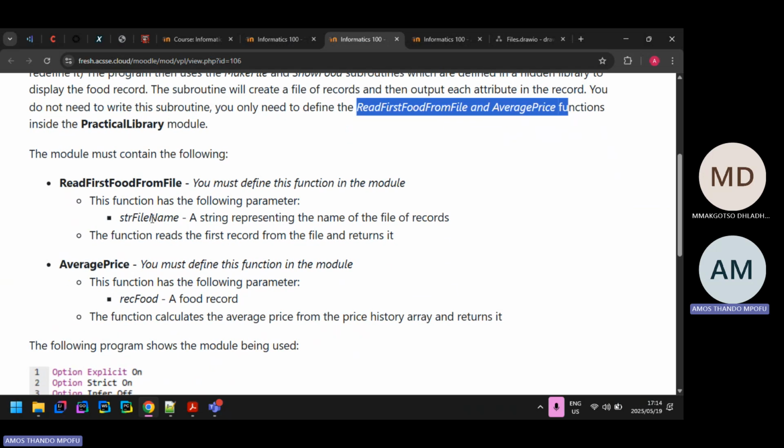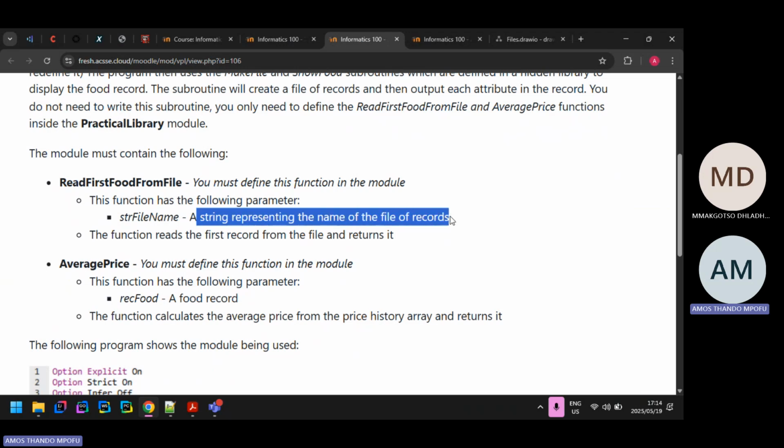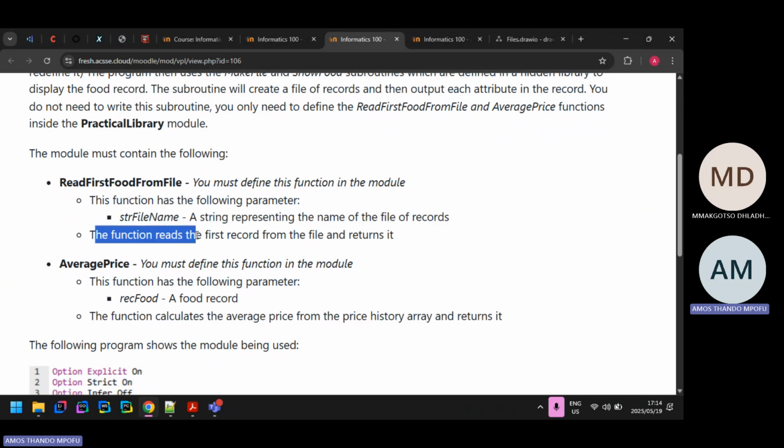So the module must contain the following. Read first food from file. You must define this function. It takes in a file name, which is a string, representing the name of the file of records. The function reads the first record from the file and returns it. Yeah, they said you read the first record, but hmm, yeah, I get that we read the first record, but hey,